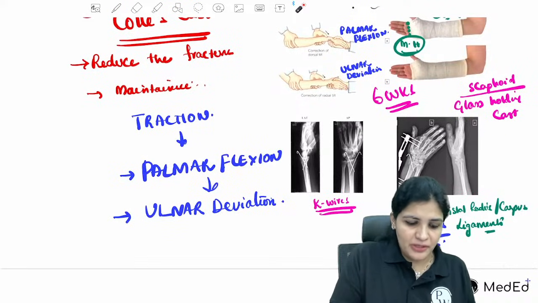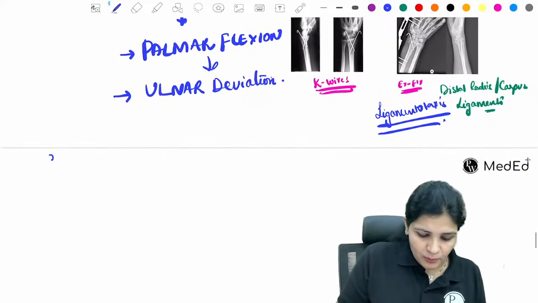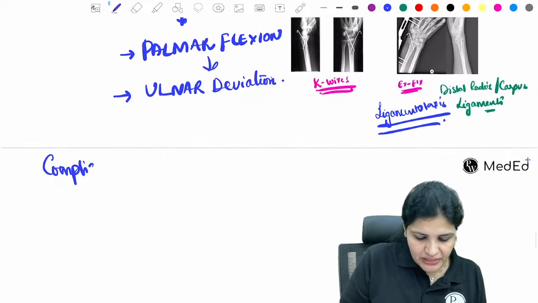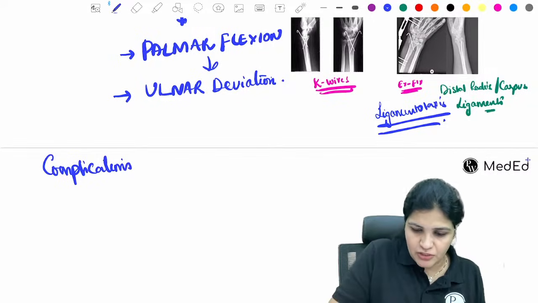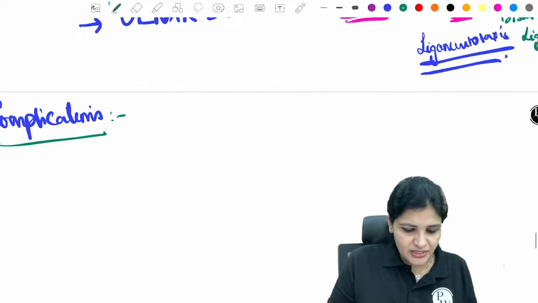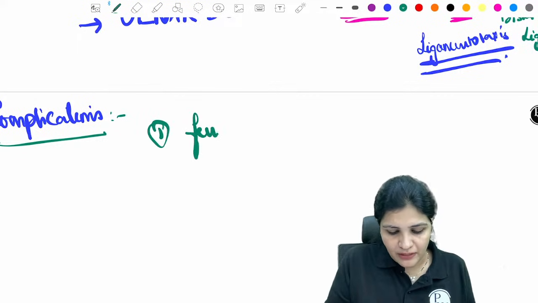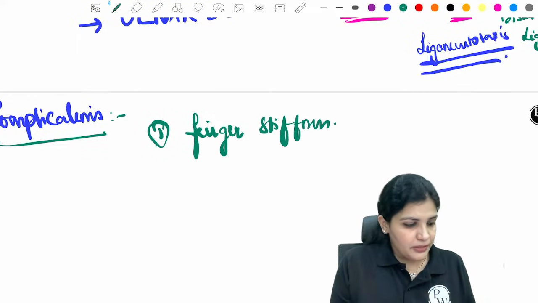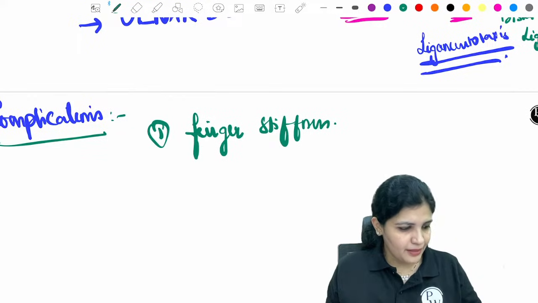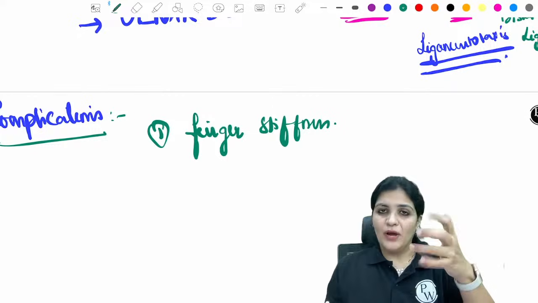Okay, so this is the treatment part, that is the management part of the Colles fracture. And what is again the most important thing of the Colles fracture is its complications. So there are certain complications which you have to remember in case of Colles fracture as well. The first one being, what is the first one? The first one is the finger stiffness, because you have seen that we are going to put the cast, right, and we advise the patient to move